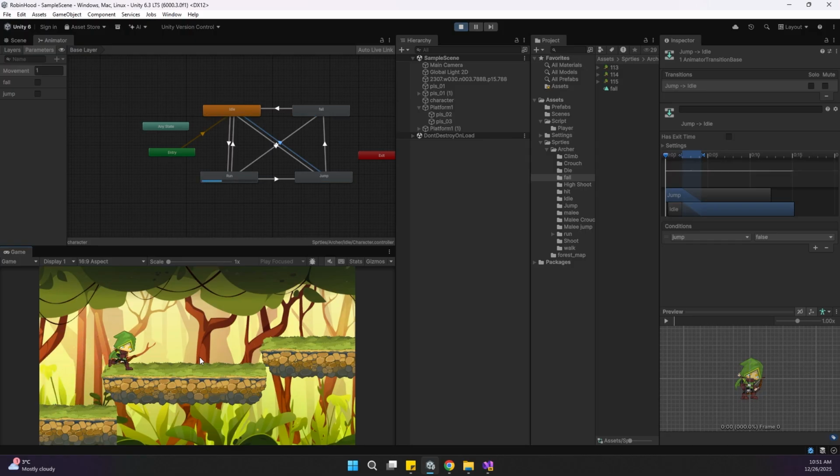Hello everybody, welcome back to another episode of creating a 2D platform game in Unity. In this episode we are going to focus on jumping, including how to set up properly and make it feel